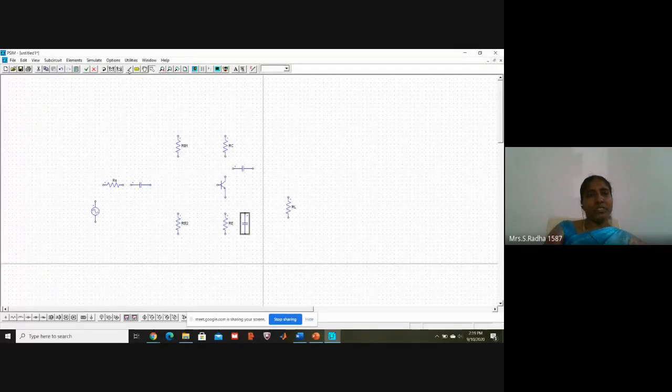Okay, so this is the wire. If you put the cursor, it is showing wire. Click that, a pencil will come. Just to connect, the wire option is there. Where you want to change the direction, just release the left button of the cursor. Release the cursor, again change the direction. So I am joining these two. Straight away I am joining to the base. Here one, they will be connected.